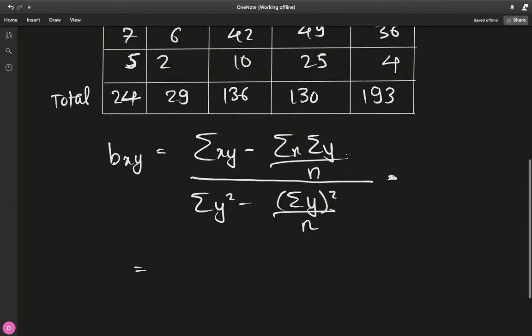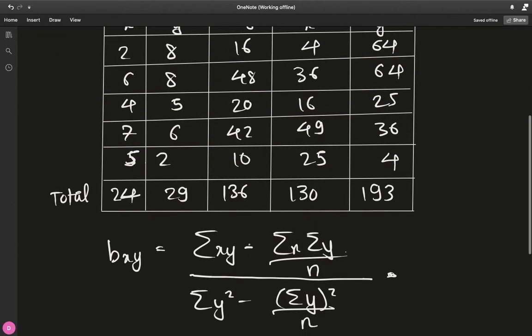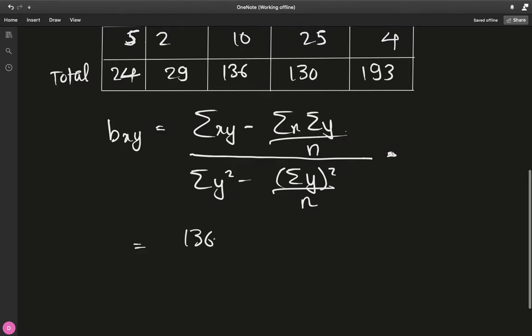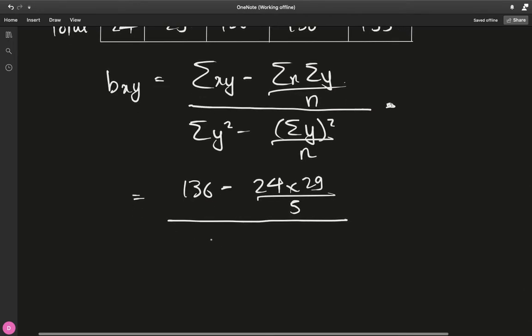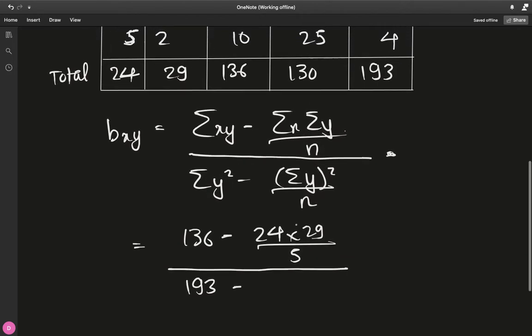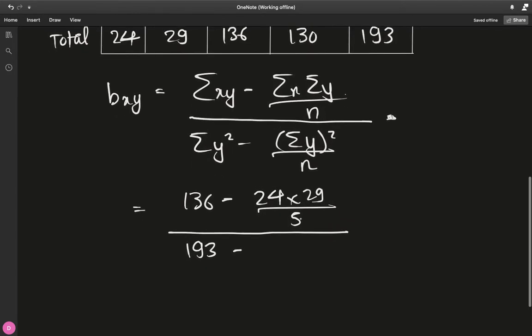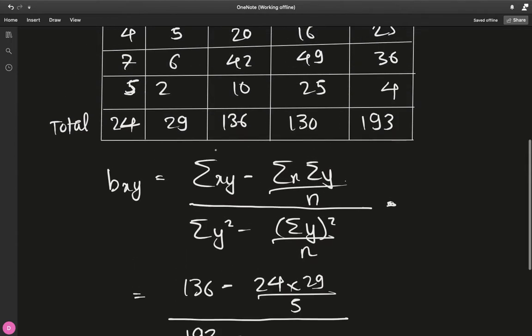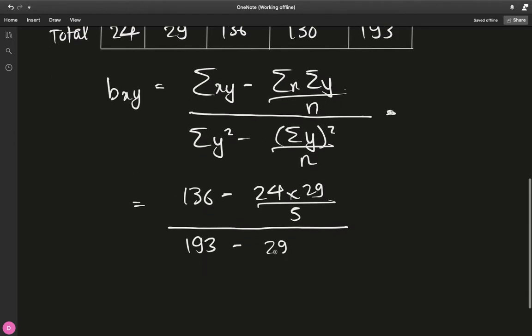So sum of xy we know is 136 minus sum of x is 24, sum of y 29 over, there are 5 terms, divided by sum of y squared is 193 from this table minus sum of y the whole thing squared. Sum of y is 29 squared, again divided by 5,